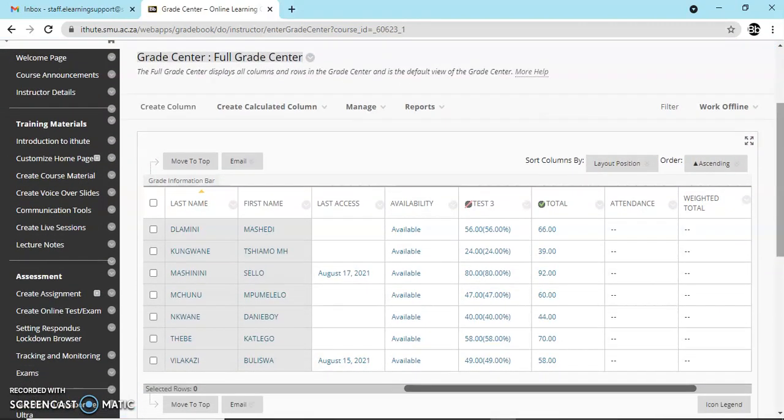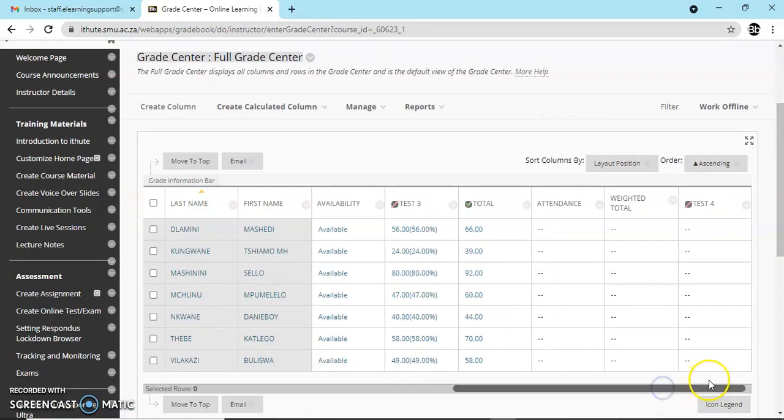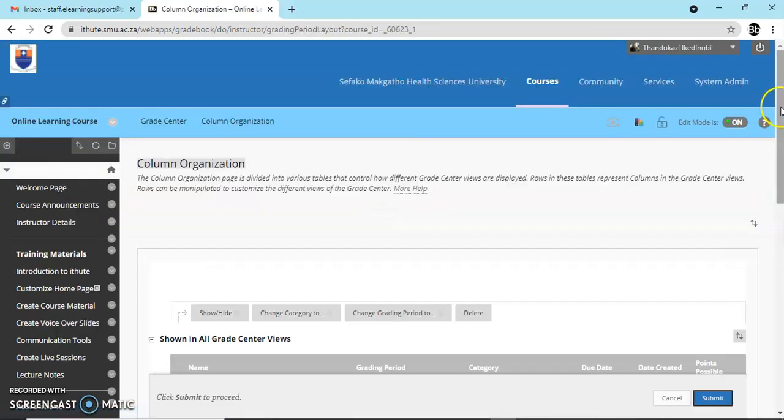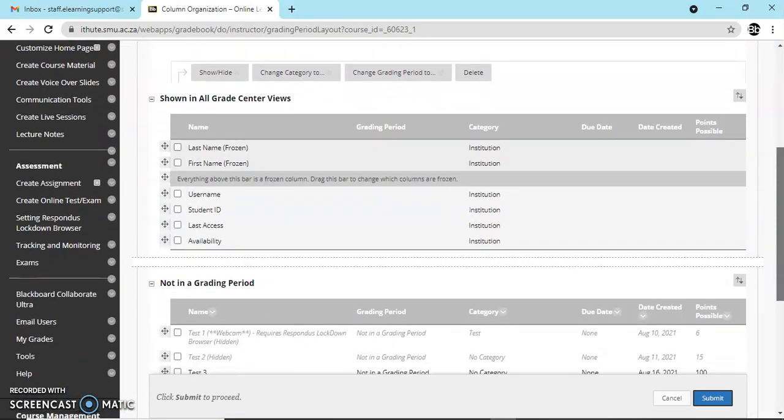So now I assume you have a list of columns that are already there. By default, the last column that is added on the grade center worksheet goes and stays at the end. So how do you manage your columns to be in the manner that you want them to be? From the course menu, you click on manage. From manage, you click on column organization. In column organization, you scroll down